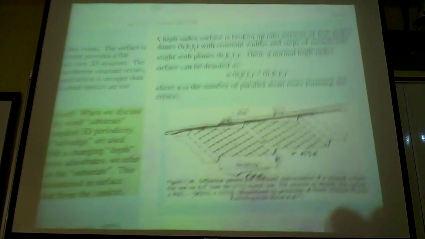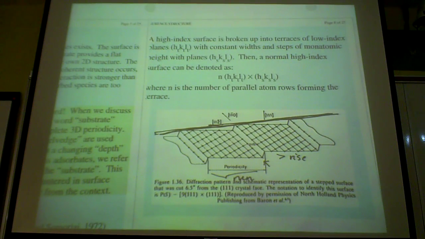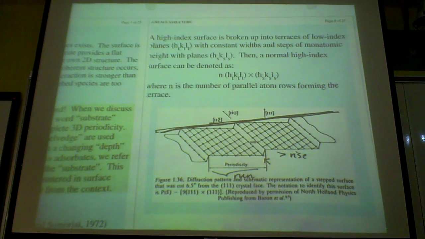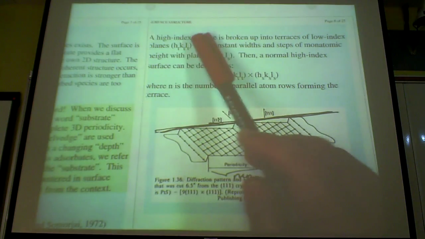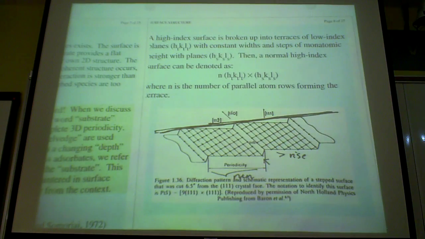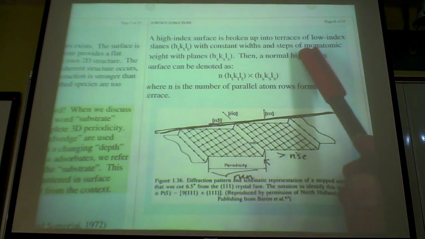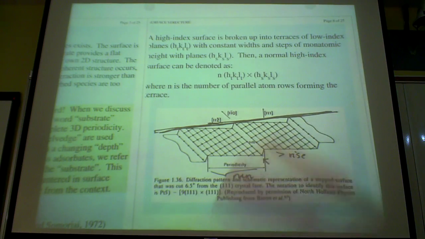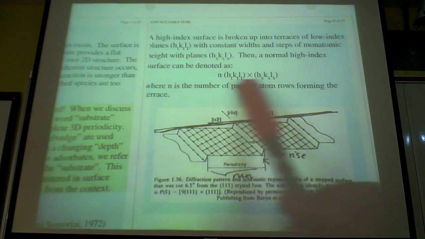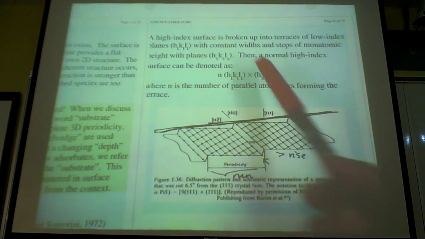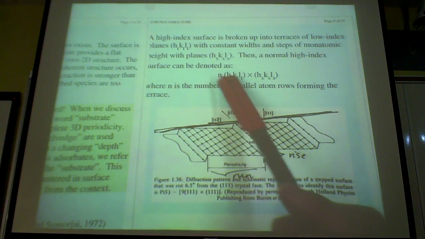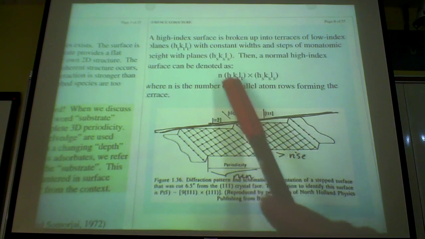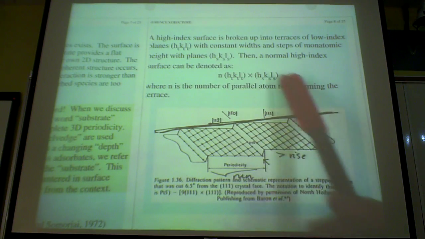Okay. So what is a step surface? A step surface is a high Miller index surface, and the way you think about this is you can think of a high Miller surface as two types, terrace and ledge. So you can reclassify step surfaces, breaking them down into a notation like this. Your high Miller index surface can be a multiple of atoms on the terrace face. This is the Miller surface of the terrace face, and this is the Miller